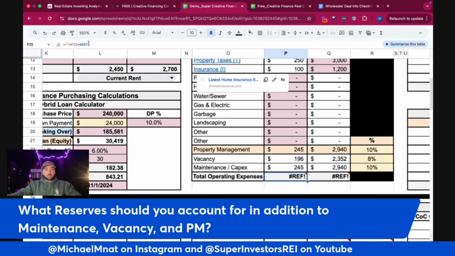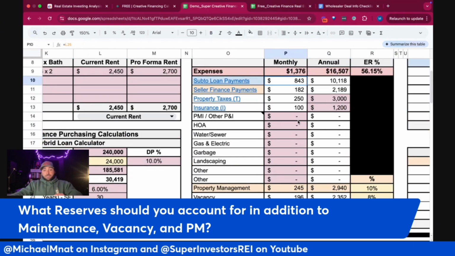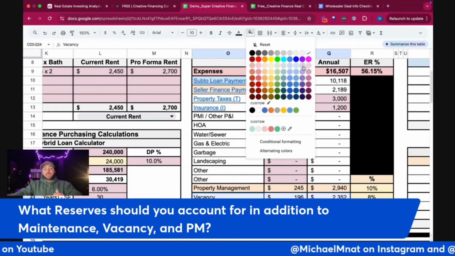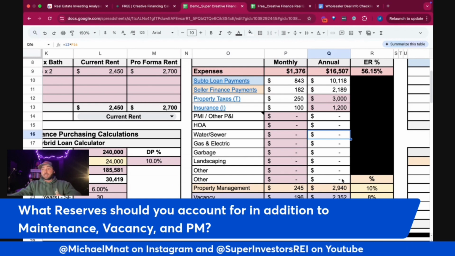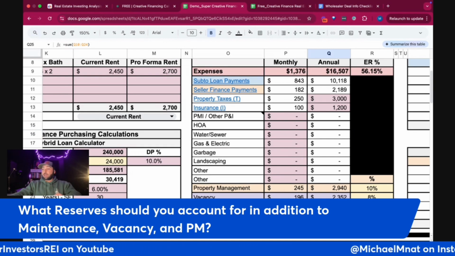And this now would be your total operating expenses: all your fixed expenses, your variable expenses, and your reserves. We can make that purple color so it looks in alignment. This is not the actual calculator, right? This is my demo version. I can make these updates later. Cool thing when you build these calculators, you can adjust them, and that might make it more clear for that one question that was asked. All right, so what do I account for? Those are the ones that I account for.